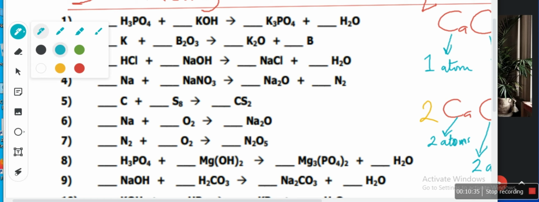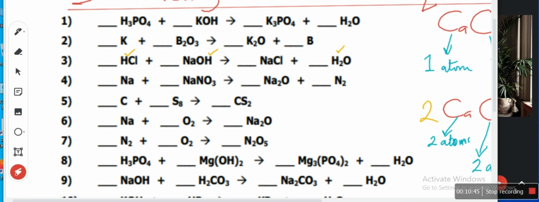Once you have the same number for both reactant and product, it is balanced. So we can mark hydrogen balanced. Hydrogen is balanced. We check another one, chlorine. How many atoms do we have in the reactant side? 1 for reactant side. Let's check the product side. How many atoms do you have for chlorine in the product side? 1. So chlorine is also